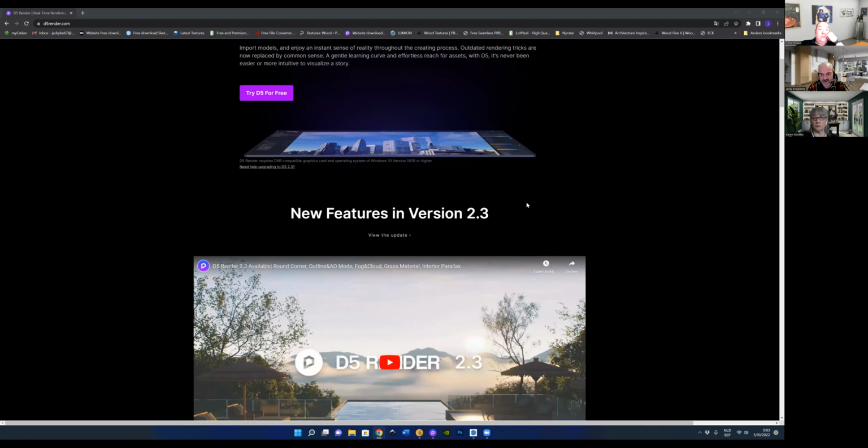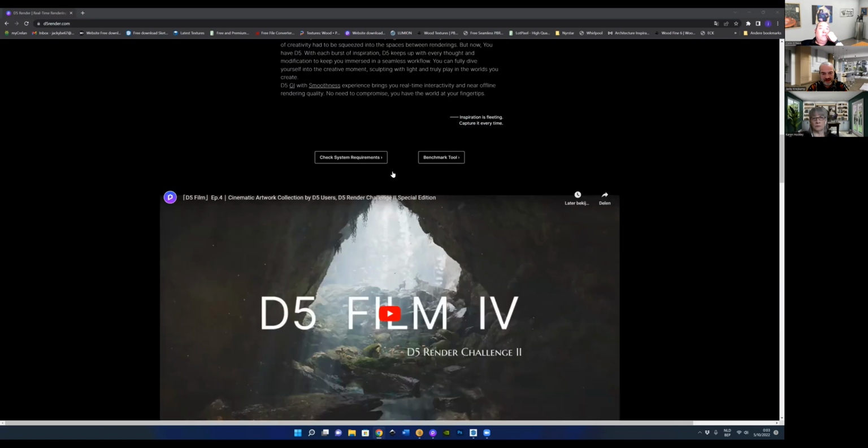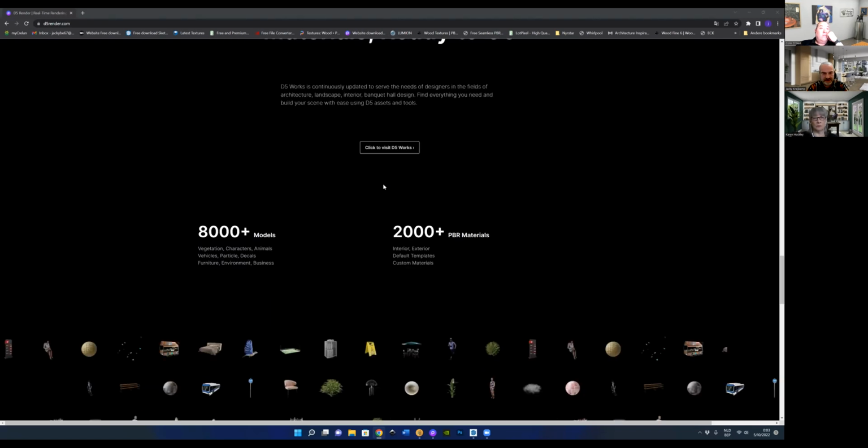When you scroll down, they're now at version 2.3. Every 3 months, they release a new version with new functions, so that's pretty cool. You just have to download the software. And what's more important, when you scroll down, you see that you get the